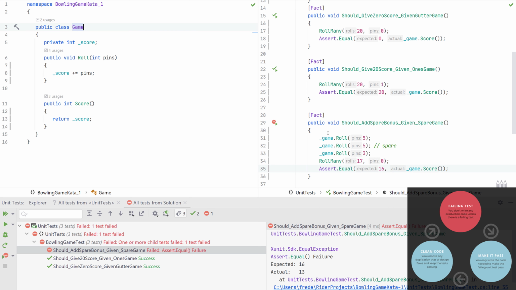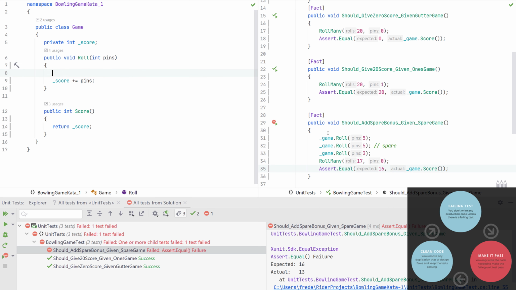So when we look at this method, I would be tempted to add some code in the roll method to actually take care of the spare and figure out how to add that.